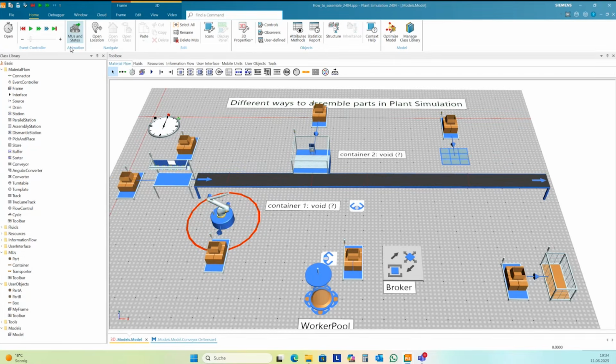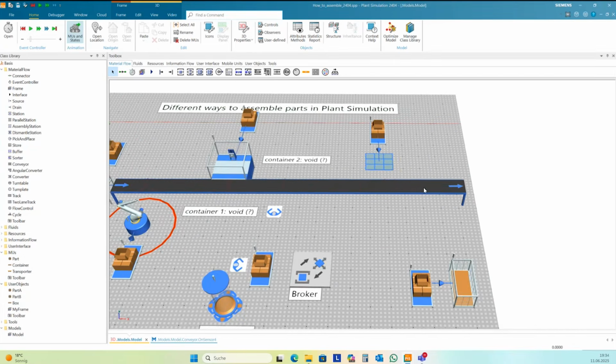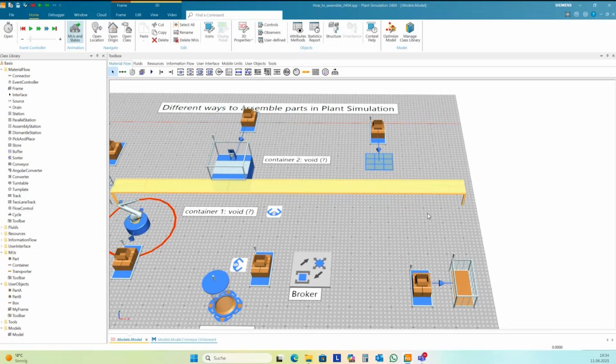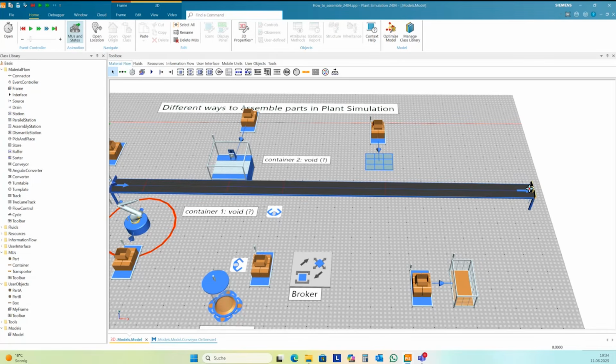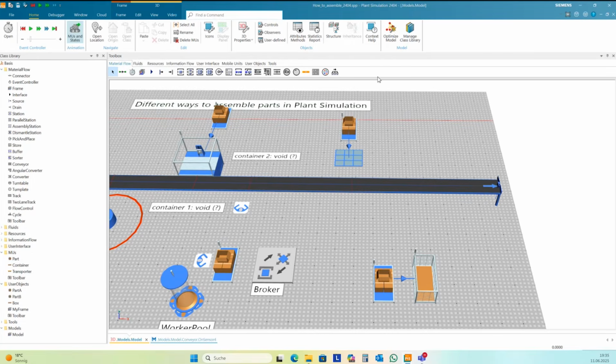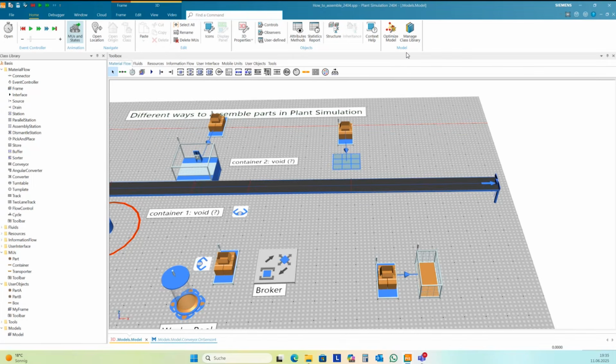Yes. And one last way to assemble is the transfer station. Still exists also in the newest version. It's containing the transfer station. And the transfer station is not by default in your class library. And so we need first to add the transfer station to your class library.